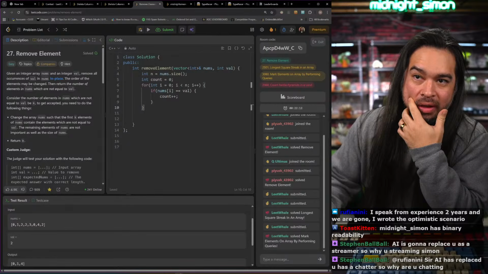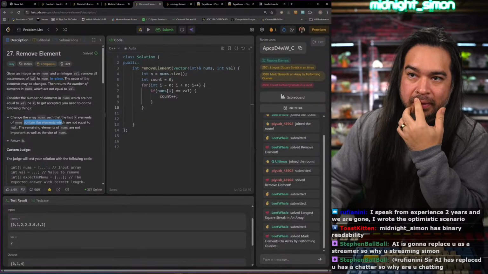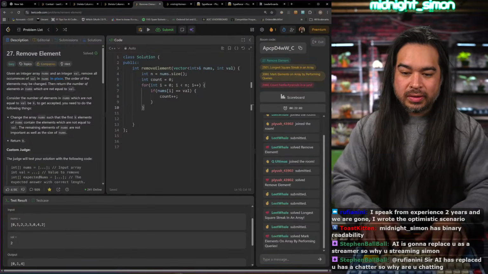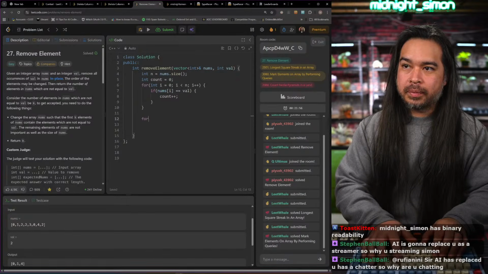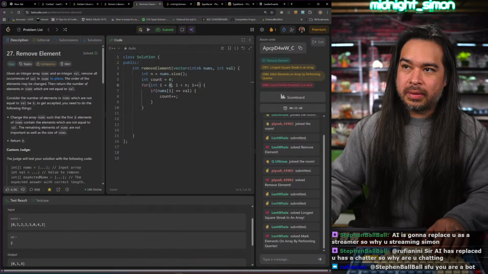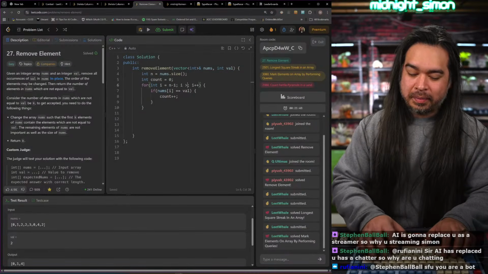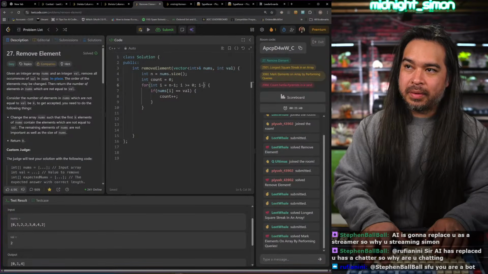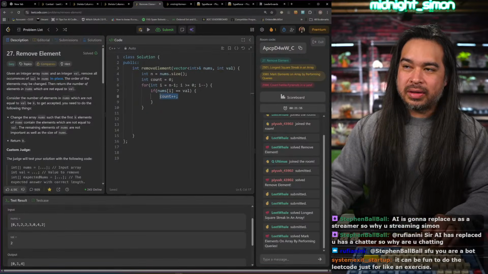Wait, first k elements of nums contain the elements which are not equal to val. Yeah. So I can just swap them out, right? But I gotta do it in place. So maybe I should just start from the back. I'm struggling today, man. And then if I see that as I move it,